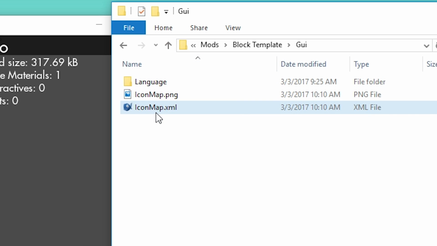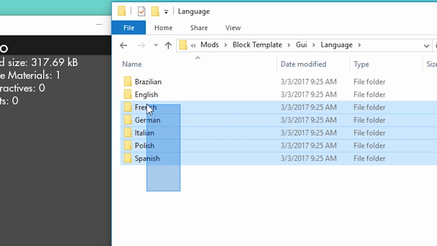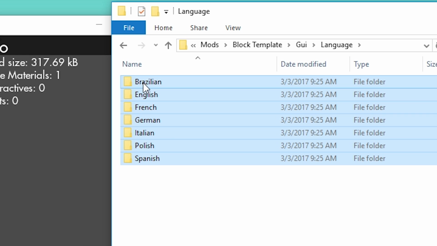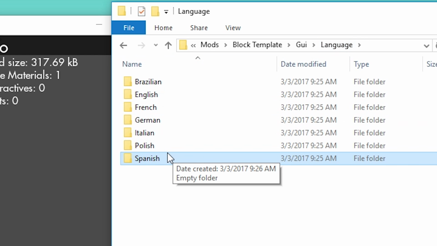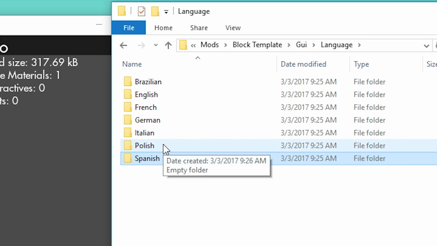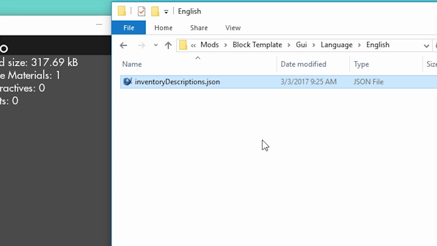But we do need to go into the language folder here. Here you'll see all the available languages for Scrap Mechanic. If you go into them, there's nothing in them, but you can add something if you want to add additional language support for your mod. We're going to be doing just English for today. So in English, we have this file called